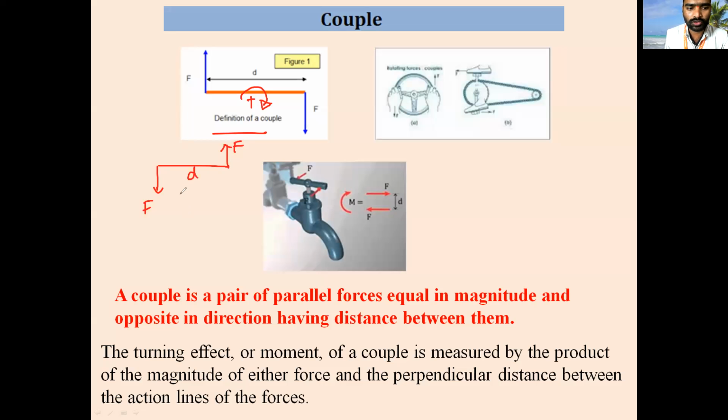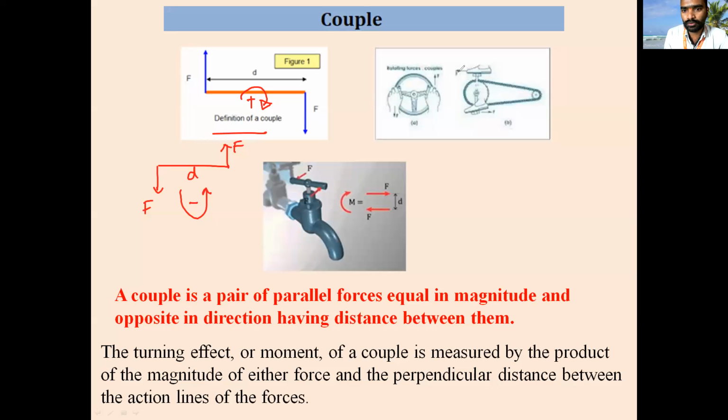So this will produce an anti-clockwise couple. Like this it is rotating, no? So it is rotating anti-clockwise, an anti-clockwise couple. This one is rotating in a clockwise couple. Is it clear, everyone? If in the exam it is asked what is a clockwise couple: when the body is rotated, or the couple is rotated, in a clockwise manner, then that is called a clockwise couple. If the body is rotated in an anti-clockwise direction, then that is an anti-clockwise couple. Is it clear?